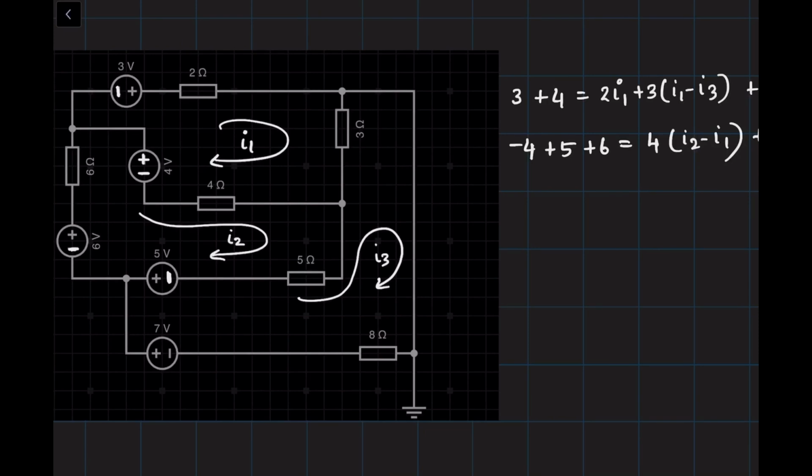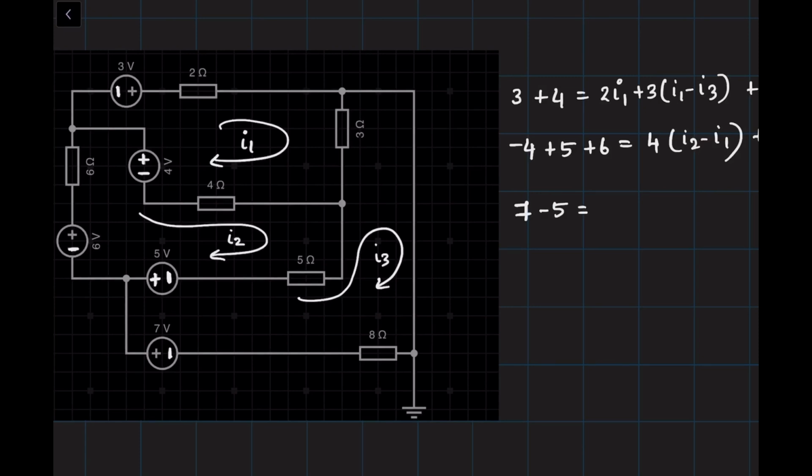Loop number 3. Is there anything different in loop number 3? Nothing. It's the same procedure. Moving in the clockwise direction, you are seeing the negative end of the source first. So 7 volt, plus 7. Moving again in the clockwise direction, you can see the positive end of the 5 volt, so minus 5